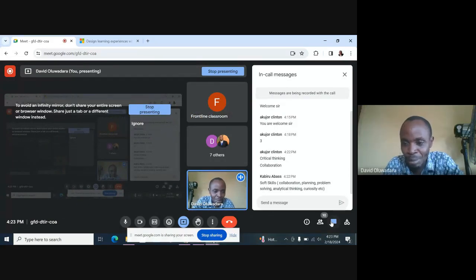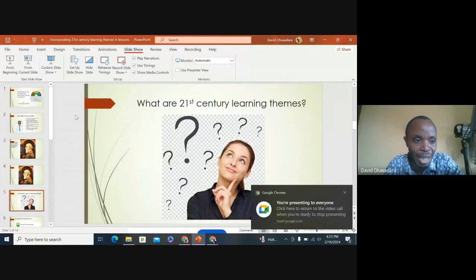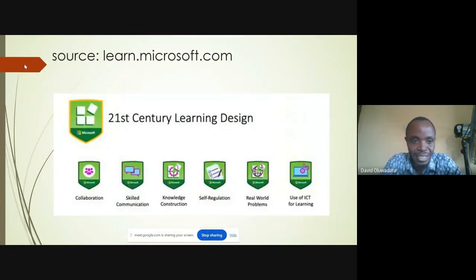Collaboration, planning, problem solving, critical thinking. Thank you so much. Now let us look at what the authorities, let me put it that way, the people that have designed these things, said. So according to Microsoft, which I can say is the organization at the front line of designing 21st century learning themes, they have come up with these 6 themes under which every skill that we have mentioned can be categorized. So we have collaboration, skilled communication, knowledge construction, self-regulation, real-world problem solving,